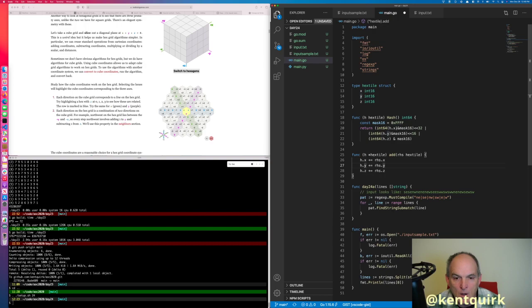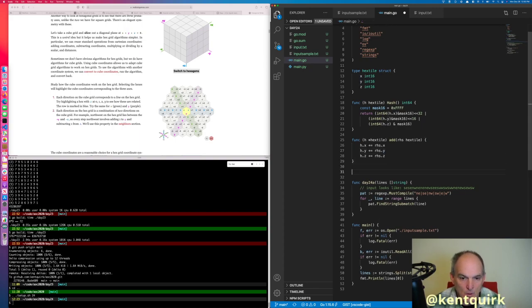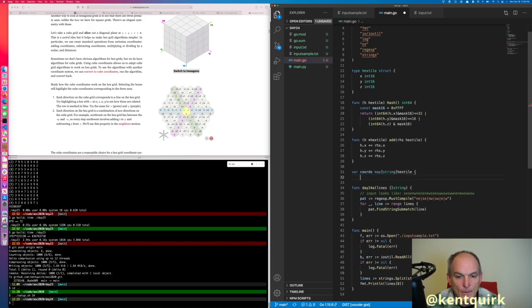So now we're going to, not a func. Let's just declare coords to be a map of string to hex tile, and we're going to define it equals